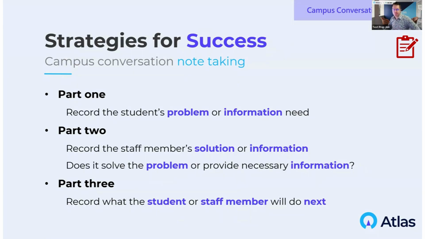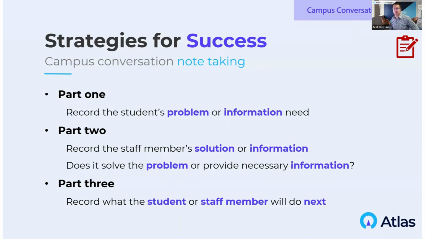to answer the questions. So firstly, what should you write in your notes for the campus conversation? Well, just like we've been following this structure before, it's the same. There is certain information you should listen for and take notes about in each section. In part 1, you should write down the student's problem or their information need. Write down why they are coming to the staff member, because we know 9 times out of 10 we're going to get a question about that, and 9 times out of 10 it's going to be the first question, a